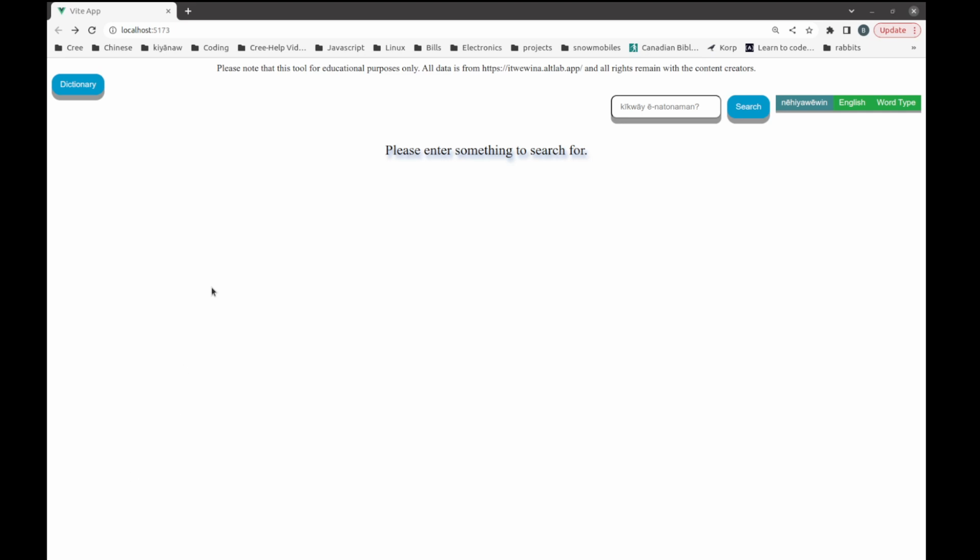Okay, so here's a little tool I've been working on. It's a different front end for Itwêwina's Cree dictionary, and it searches the data just a little bit differently. So instead of searching from left to right, which Itwêwina does, it searches for a regex within whichever specified